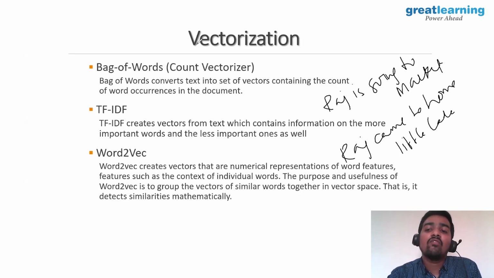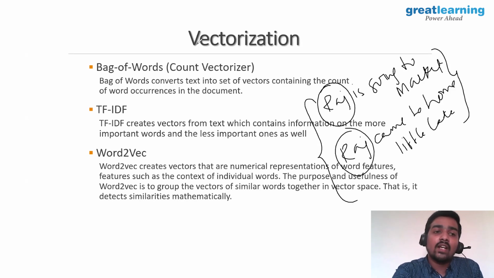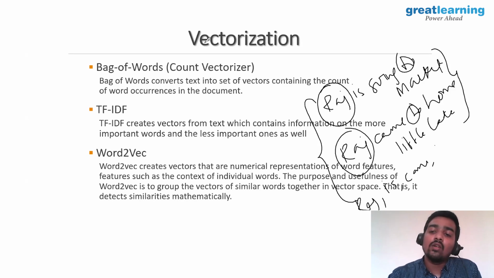So how does bag of words work? It will initially see what all the unique words are in this entire document. There might be more sentences in this document, but let's take these two sentences right now for ease of explanation. Raj has occurred twice, but it will be counted only one time. So Raj is one feature, is is one feature, came, and to has occurred twice, but maybe we can make it only one. Going, home, market, little, late. So this is how the features are.